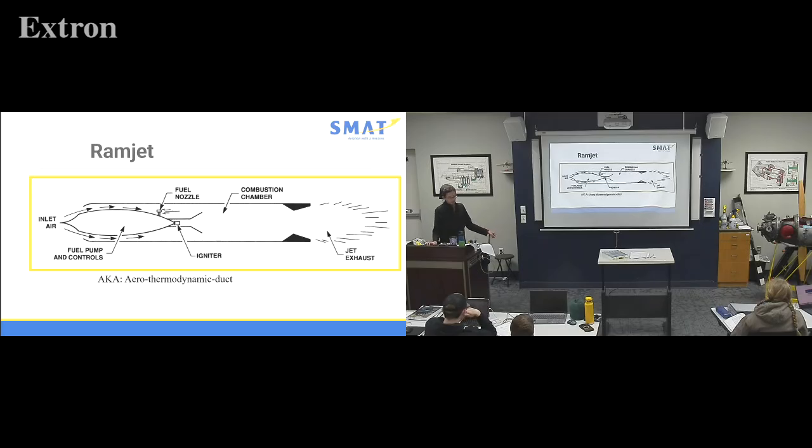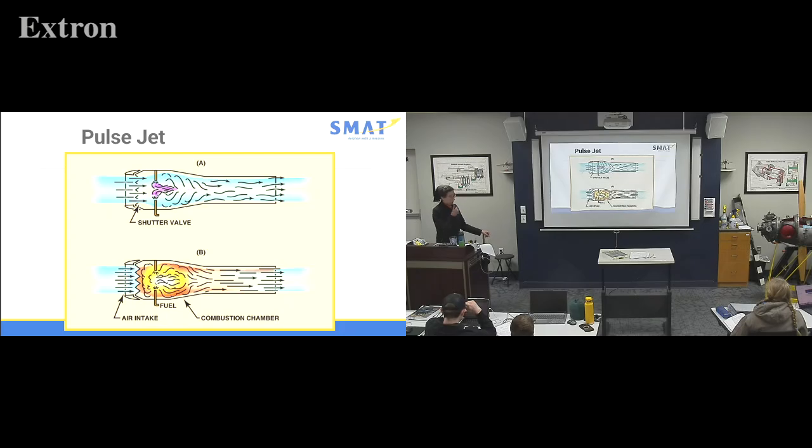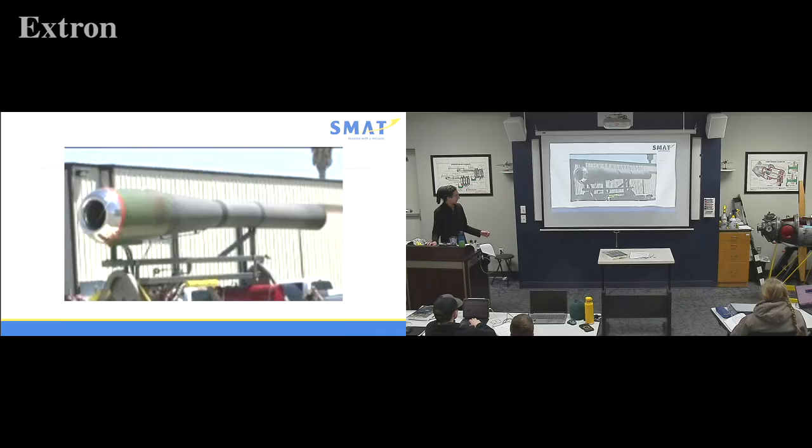Similar, but with a little more components than a ramjet, is a pulse jet. These are pretty cool. They have these little valves. So when combustion occurs, we get a buildup of pressure that closes these valves. So then our pressure goes back, and you'll hear like a shuddering action. So these are also called buzz jets. And if you wonder what one sounds like,